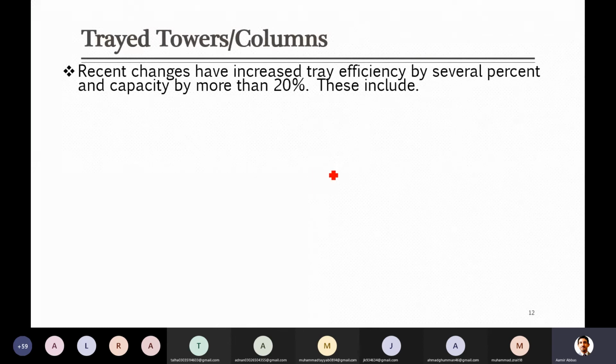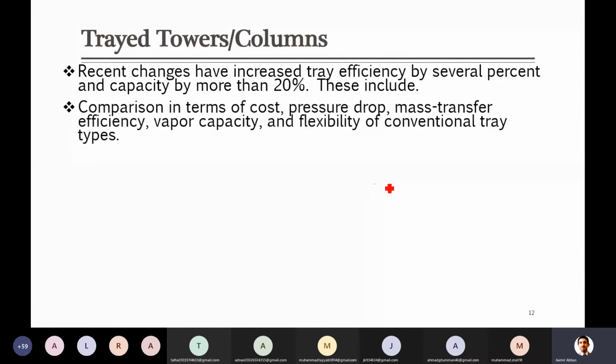So with that, when you reduce its area, definitely the area for the vapor to pass from the lower plate towards the top will increase, and due to that increase in the vapor flow rate towards the top plate, the contact between liquid and vapor has increased, and due to that increase in contact, definitely efficiency has improved. So they are majorly related to the changes in design of this downcomer area.